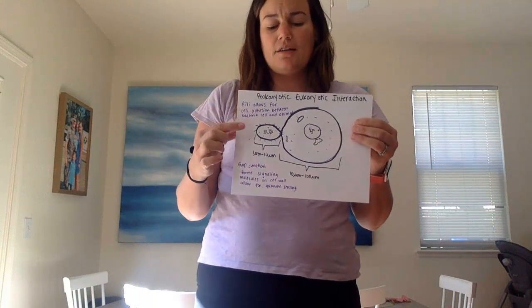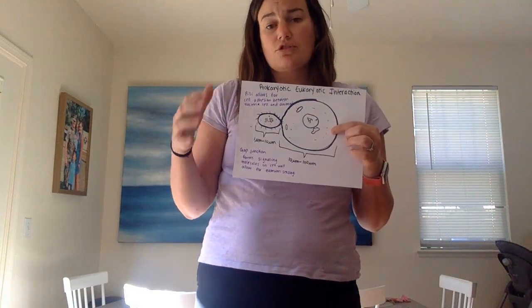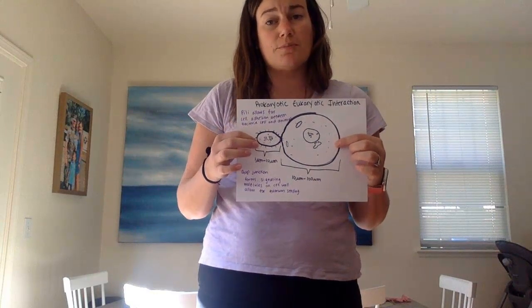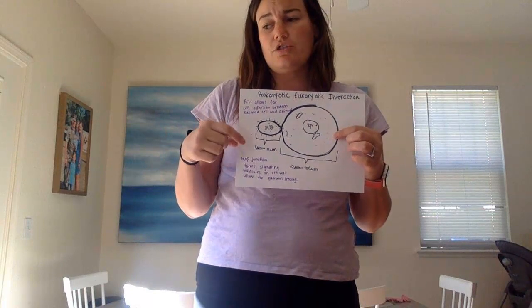Again, note that eukaryotic cells undergo mitosis and meiosis, a much longer cell division and replication process, whereas a prokaryotic cell only undergoes binary fission, which is this growth and then separating, and happens much quicker due to the